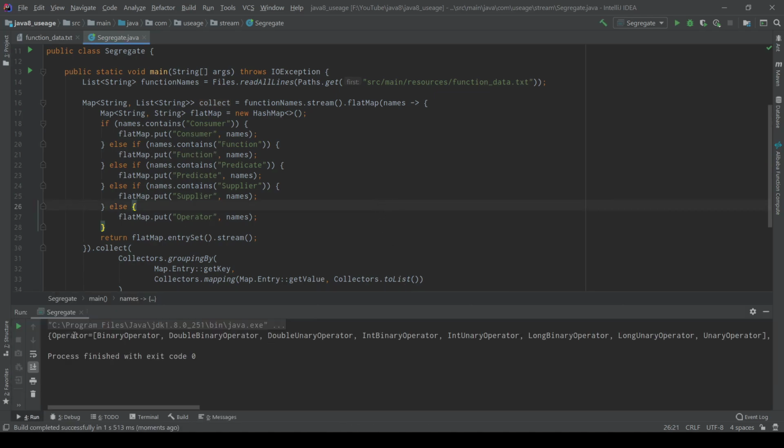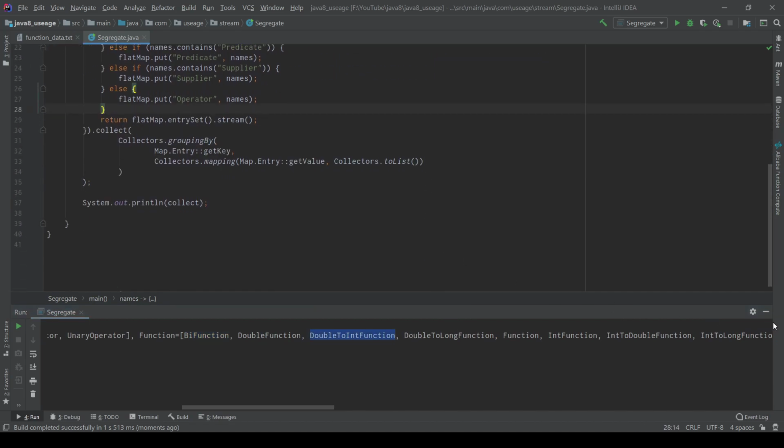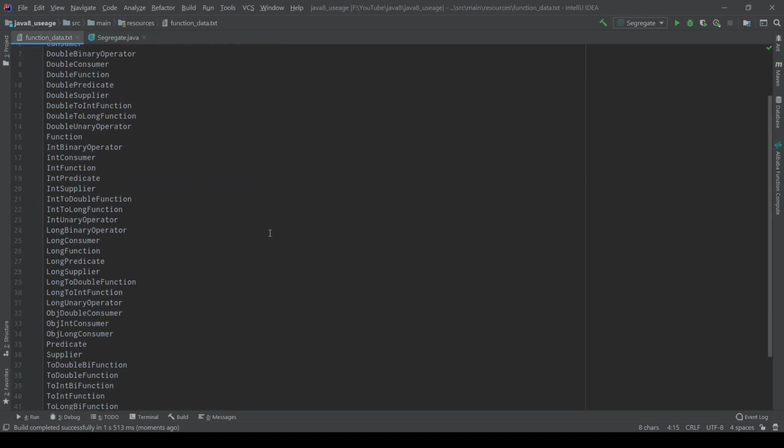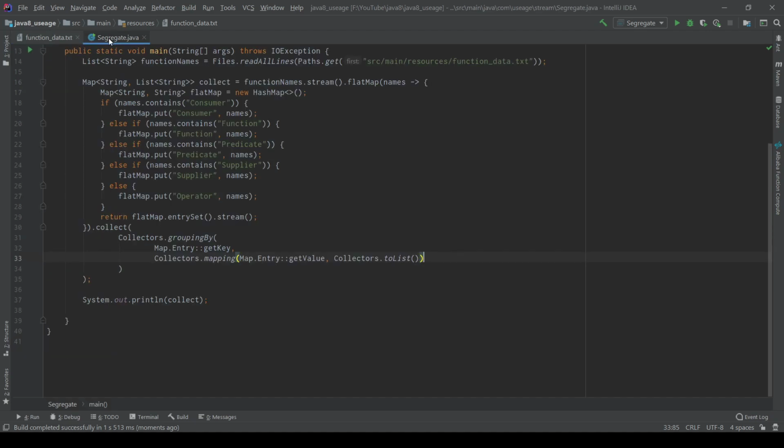I can see all the operator data, and then by function, double to int function. In total I should have 43 names.